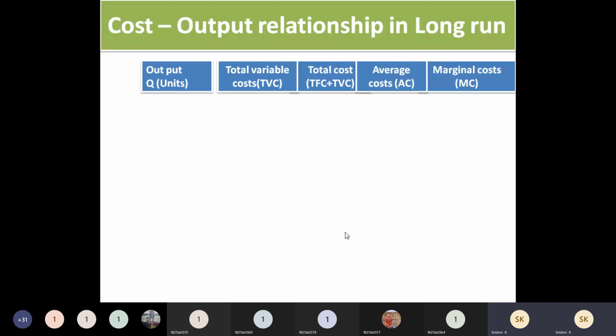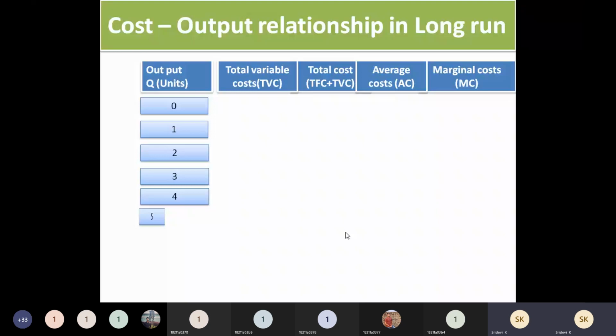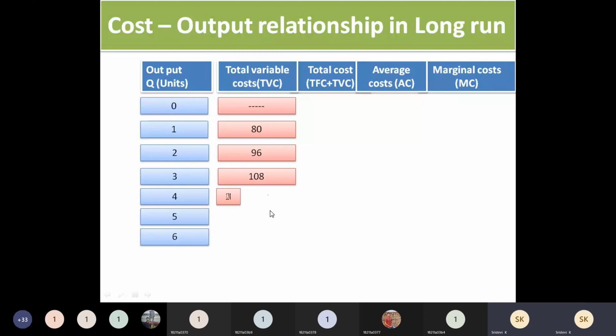And average cost and marginal costs of the previous schedule you can use here. So same, we are showing here 1 to 6 outputs, and the total cost will be 0 here. When output is 0, in long run total cost will be 0. So this is also another difference you can find between the long run and short run cost output relationship. And these values, whatever the variable cost is having,